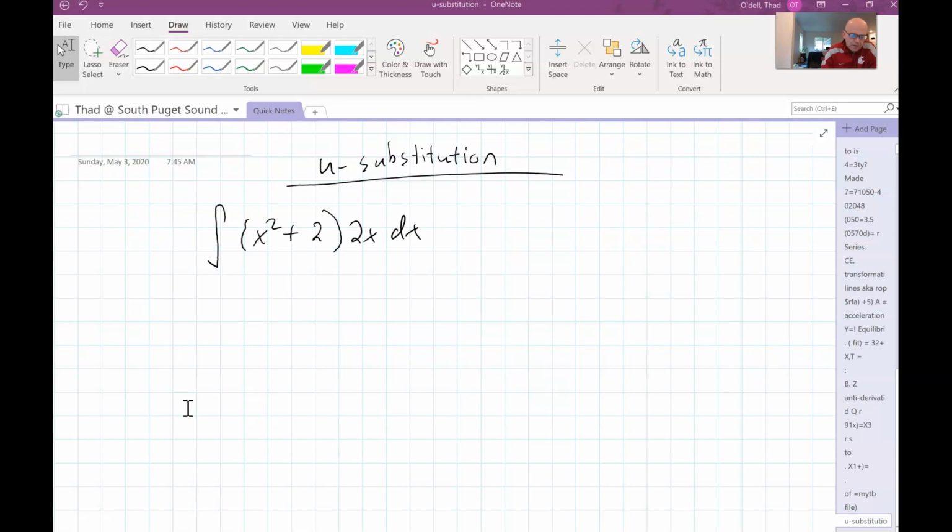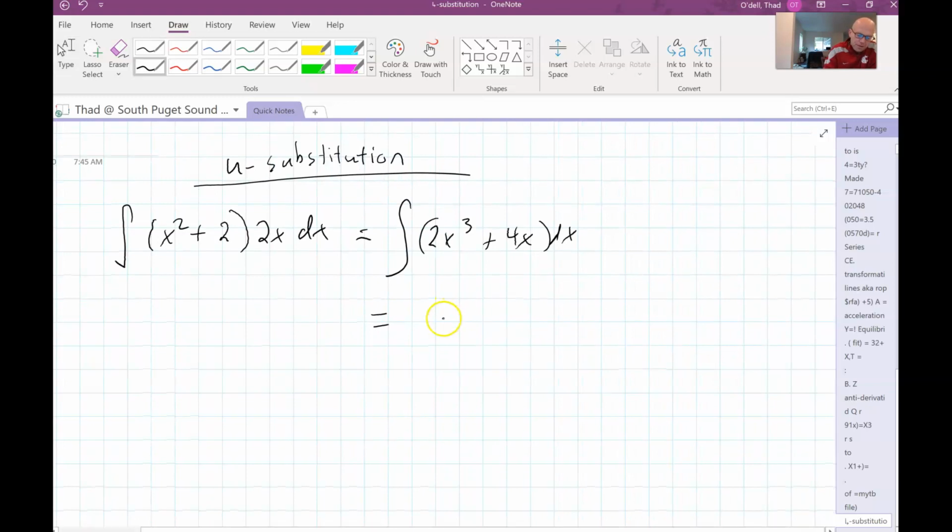Normally, when we see something like this, we would just distribute the 2x, so we would say, oh, that's the same thing as the integral of 2x cubed plus 4x dx, and then we integrate just using the power rule. So that would be x to the fourth, and if I multiply 4 times out front, it will give me 4, not a 2, so I put a 1/2 out front. And then over here, that has to come from x squared, and in order to get a 4 there, we need a 2 there, and then plus c. So that would be my solution